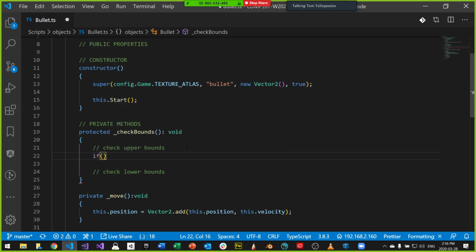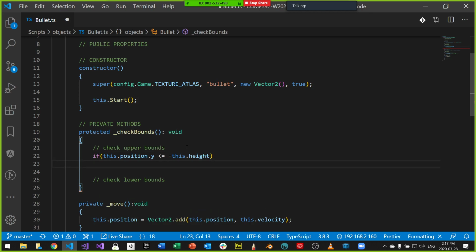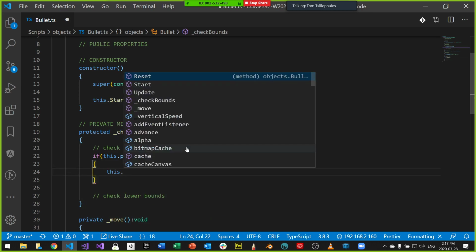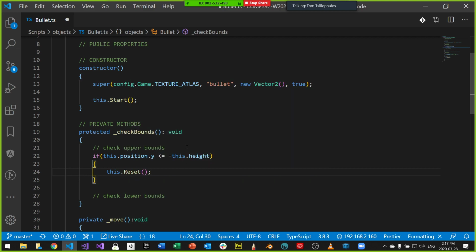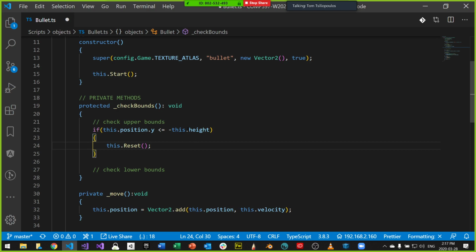If this.position.y on the y-axis is less than or equal to outside of the bounds, so that's 0 minus the height of the bullet, this.fullHeight. So I want to get the bullet out of the screen. If that's true, then I want to call this.reset. That's when I want to call reset. Okay, so I reset the bullet. I do something with the bullet at that point. It leaves the screen. I reset the bullet.